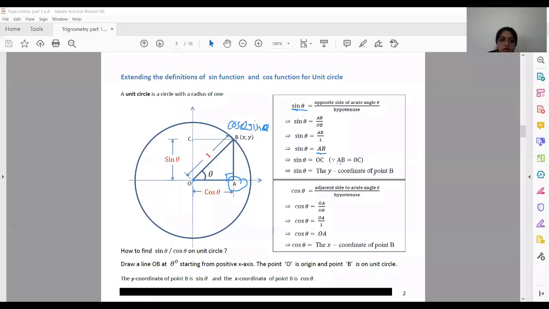So dear students, I just simply want to say that x comma y, it means your x indicates cos theta and your y indicates sin theta. Okay, if you are right here x comma y, or you are right here cos theta comma sin theta, in this case both are the same.